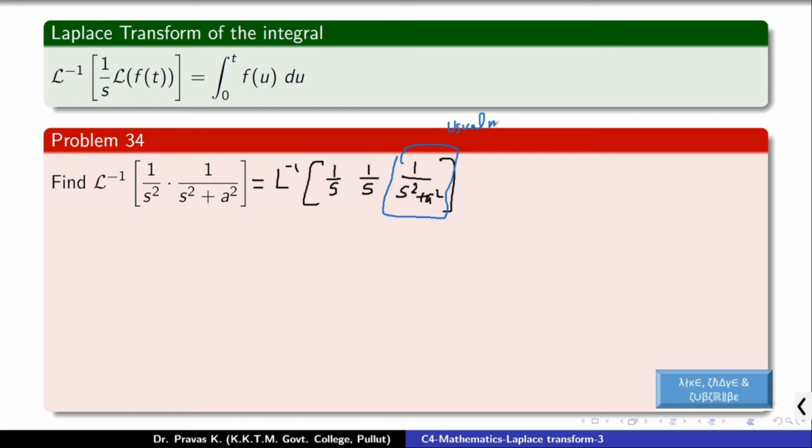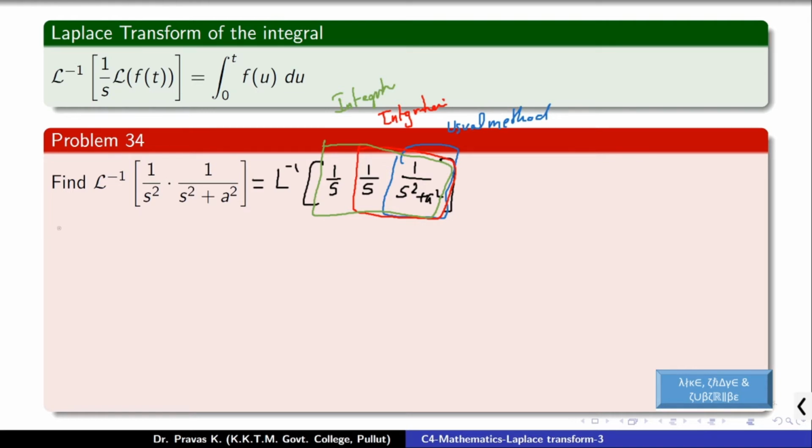Now after that, for the inverse Laplace transform of 1 by s into 1 by s square plus a square, that is, when we have a prefix of 1 by s to the given function, we can find the inverse Laplace transform of that using integration. Now if you have one more prefix of 1 by s to the existing expression, you can again find the inverse Laplace transform using integration. Now using the above formula.